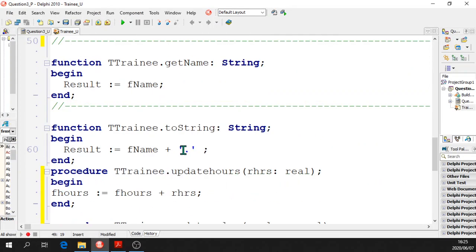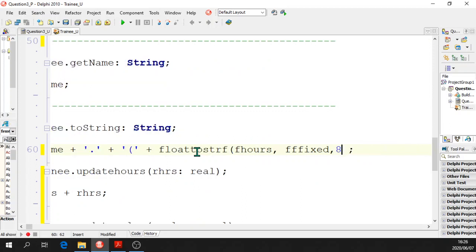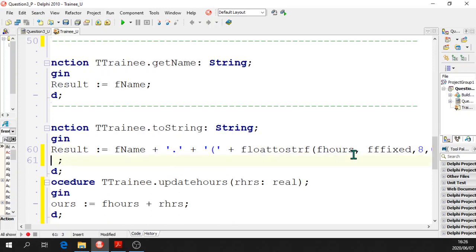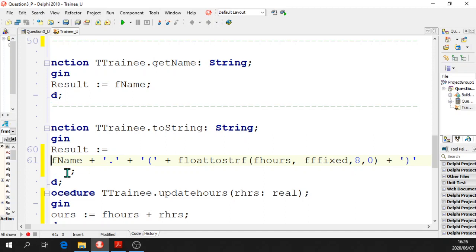Right, so plus, and then in brackets you have to actually put a bracket here, plus float to string fHours. Let's go and do, we're going to round it to no decimal places. It's a bit of a string handling business here. Result equals, I just want you to see this properly, so I'm moving on to the next